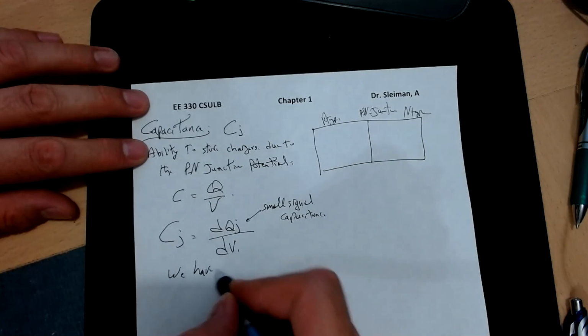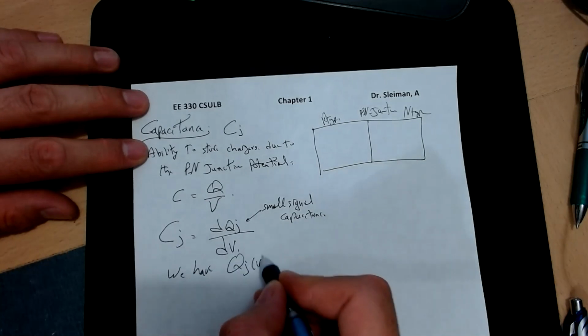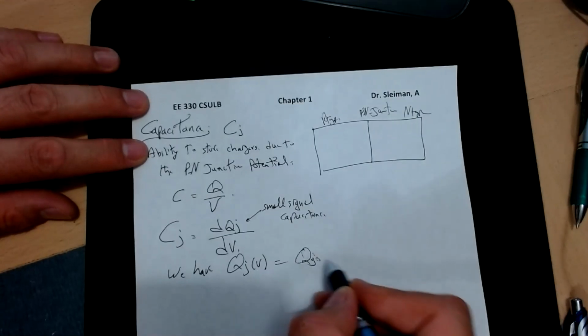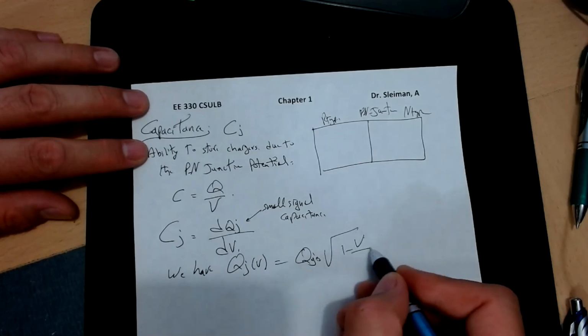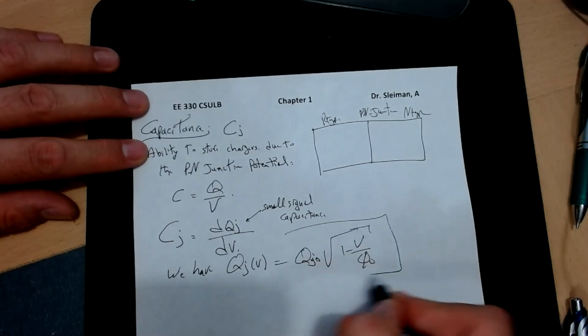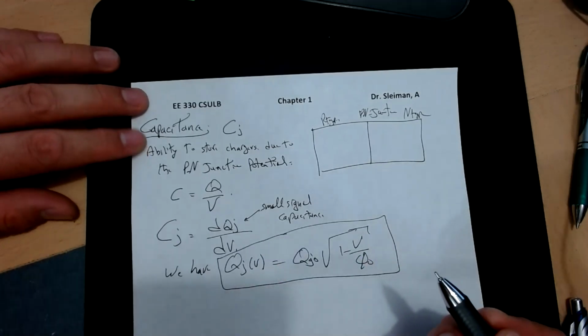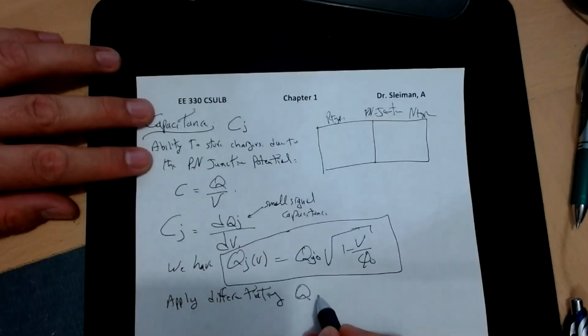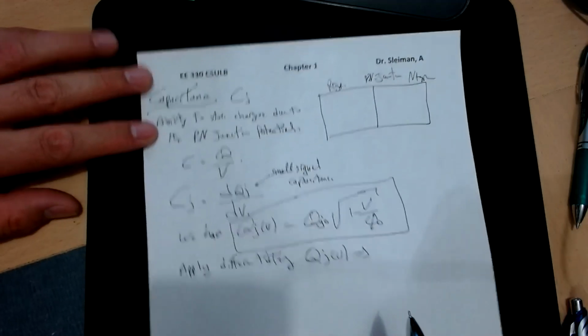So we have Qj as a function of V, Qj0 square root of 1 minus V divided by phi 0. This is already proved. So we're going to apply differentiating Qj(V). So we end up with